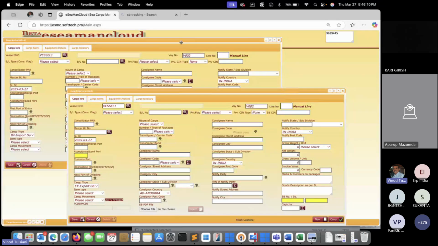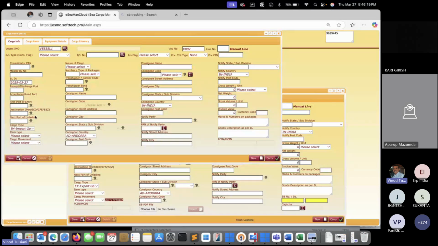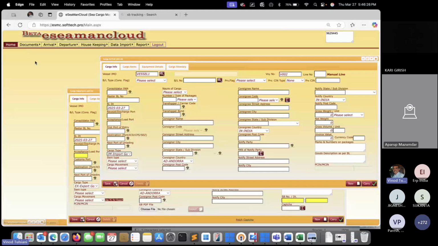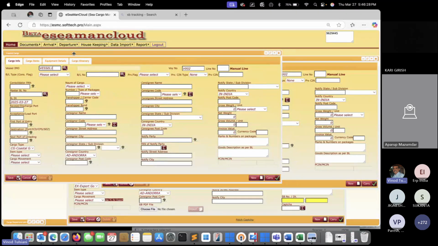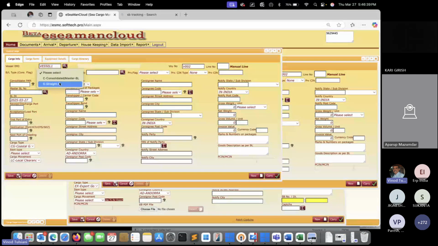What we have arranged is that we have a single set of data which is divided into multiple tabs. Like for arrival entry, we are getting into this one. So based on these flags, import cargo or transit cargo, in case you open this postal cargo also, you can see the similar kind of entries. So based on these flags only, the cargo type, then cargo movement, and other details, the BL type, these 3 or 4 types of values